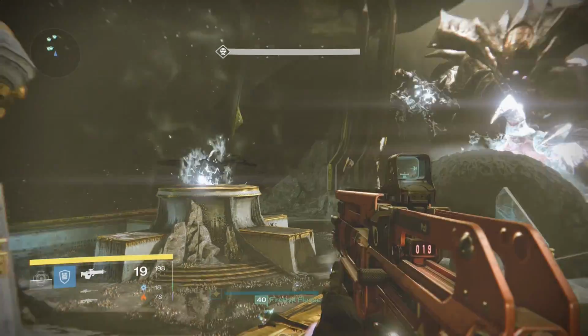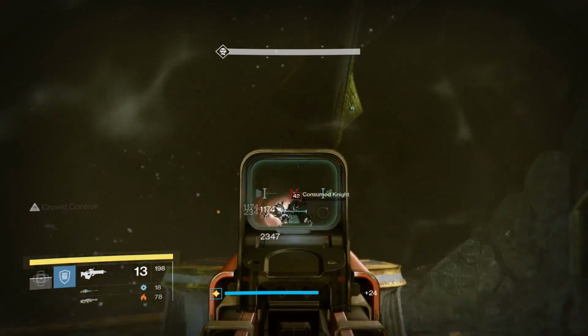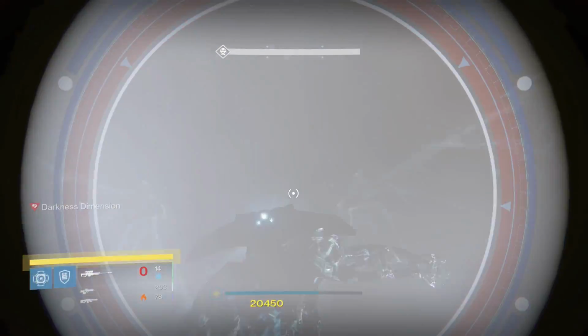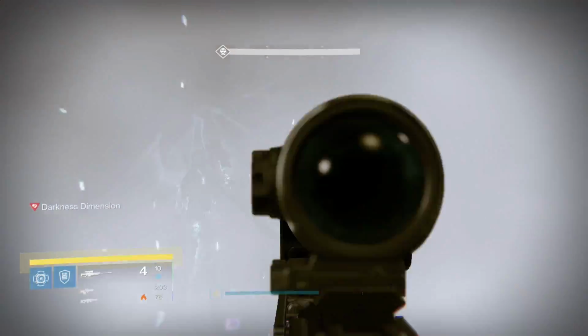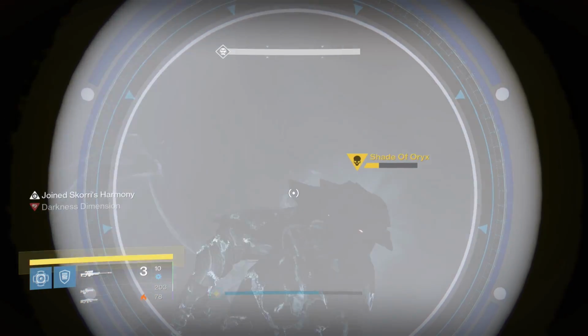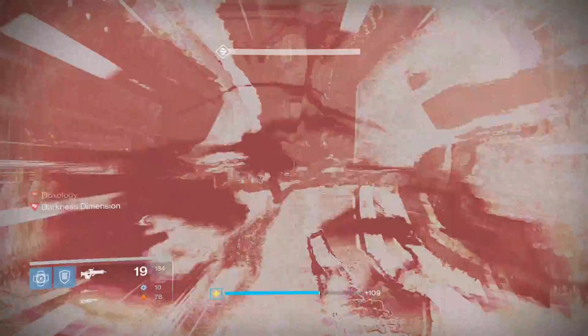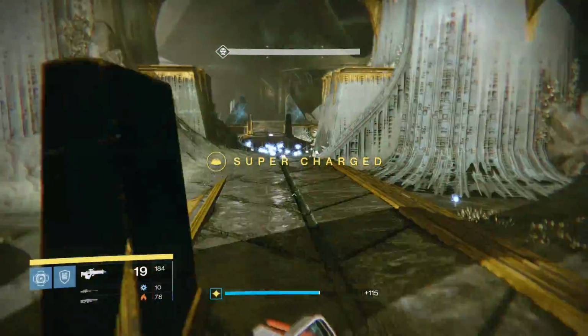When Oryx reclaims the power of the darkness, he will spawn a darkness dimension and slowly teleport each player inside. You'll need to kill the shade of Oryx as quickly as possible while you're inside. Be aware that the shade can come into the bubble and slam with the sword, so you'll need to be careful here. Once the shade is down, you'll be teleported back to the main boss room, and then you repeat